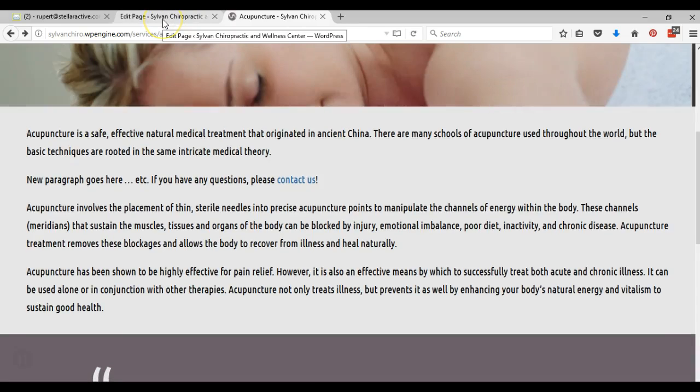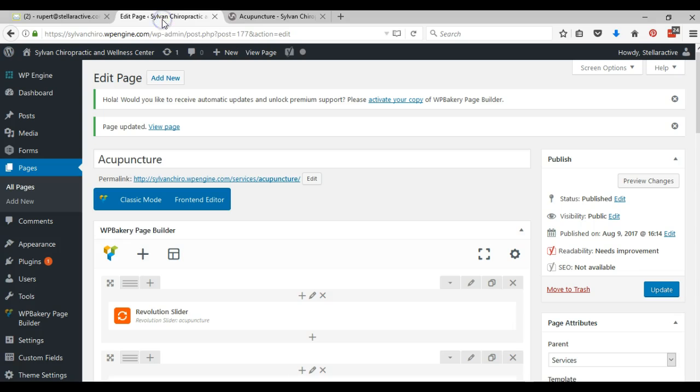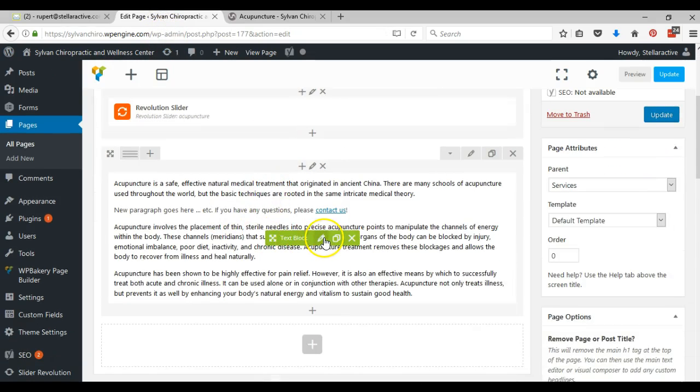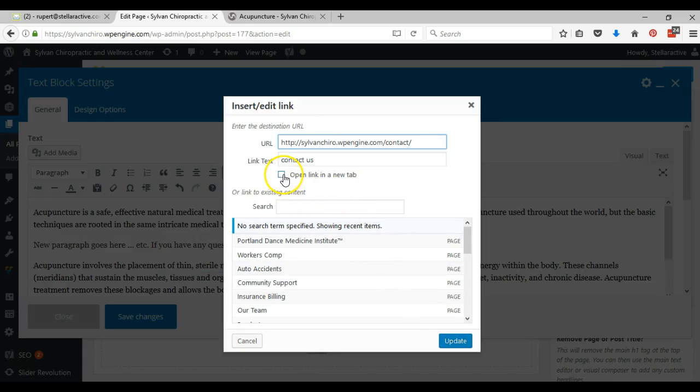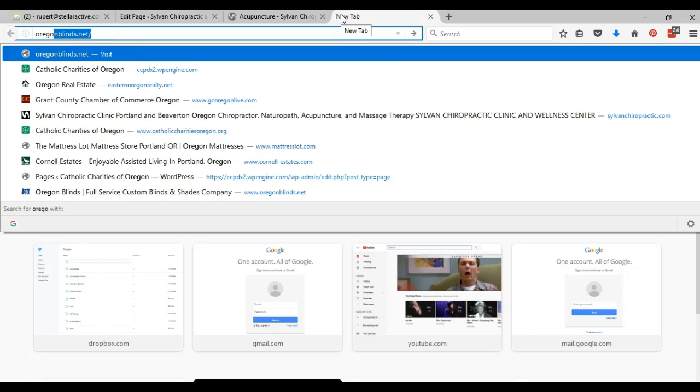You can also link to outside pages like we've done on your community page or whatever, to link to the ballet or whatever it is, whoever it is that you're doing work for at the time. The only difference for doing a link to an outside page is that right here on these options, you want to click this open link in a new tab so that you don't take them away from the Sylvan site when they're doing that. And also you don't get the options here obviously for picking where you're going to link to, so in that case you would want to actually